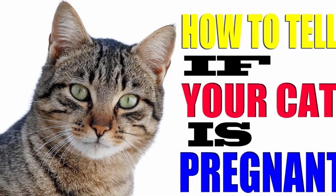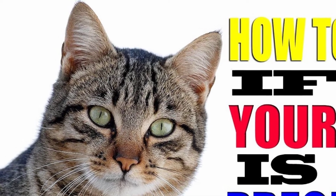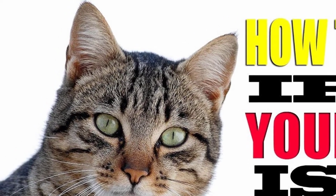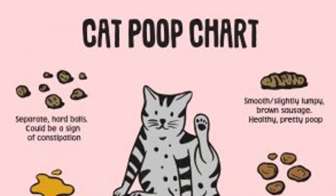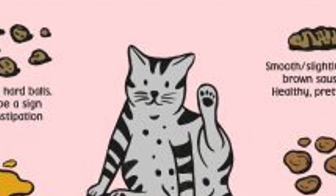How to tell if your cat is pregnant. If your cat was recently in heat and had access to an intact, unneutered male cat, there's a chance that she is pregnant. A pregnant queen will display both physical and personality changes that will become more evident around 3